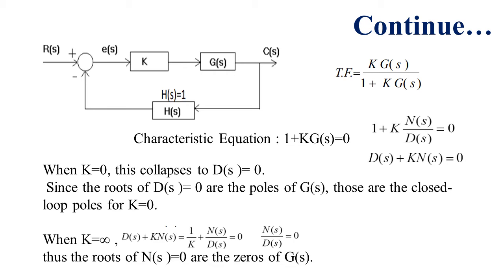What value of K should we choose to meet the required system performance, that is, having poles in the correct location in the S-plane? This is basically the designing of the system. What is the effect of the variation of K on the poles of the system? That is, how sensitive is the system to a value of K that is slightly off from what you have predicted? This is the effect of variation of an unknown parameter on the stability of a system.